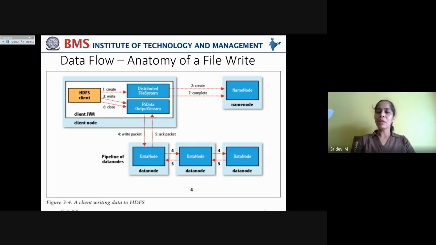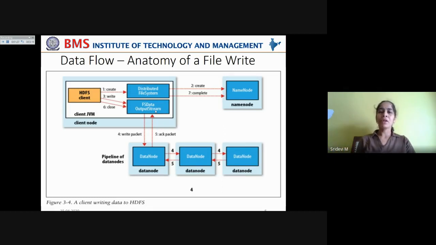So the name node simply waits for the signaling from the data streamer that the write operation has been completed. So when the write operation is completed, the HDFS client calls the close method on the DFS output stream, and the file write operation is entirely completed and closed.